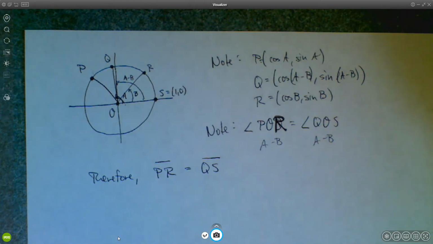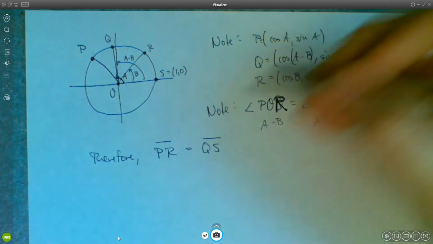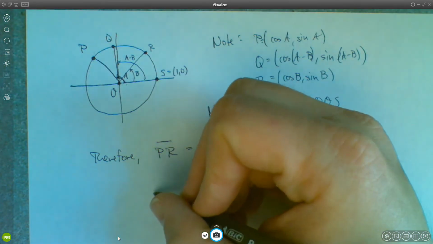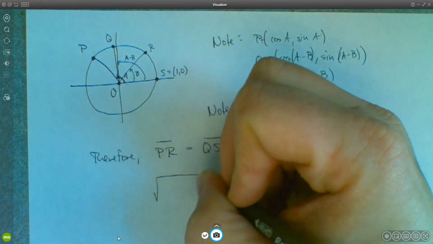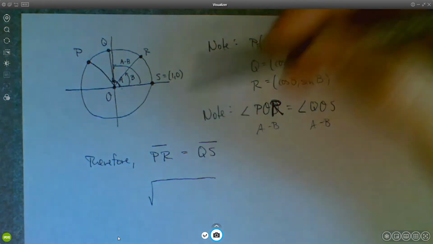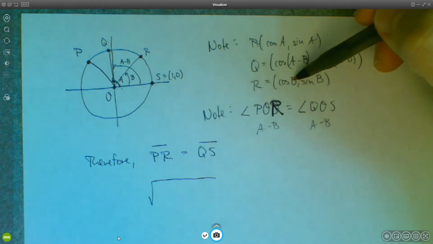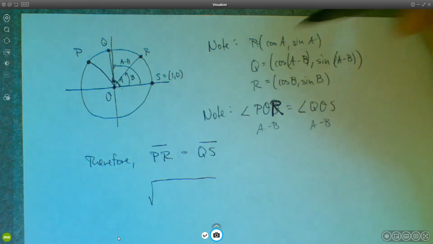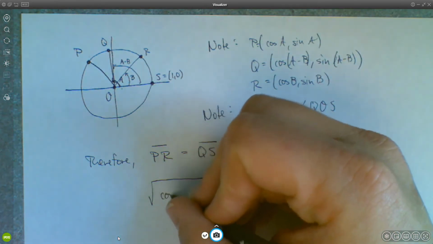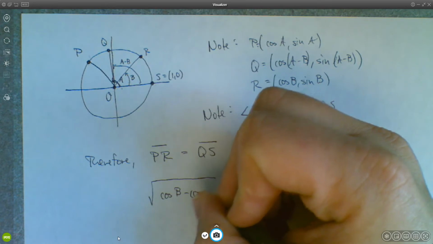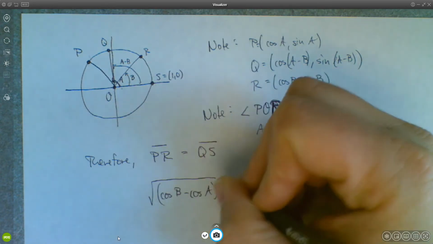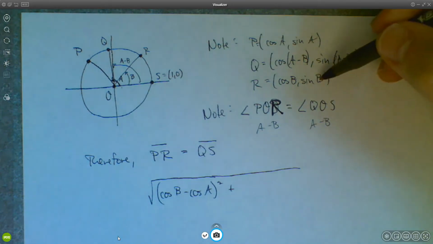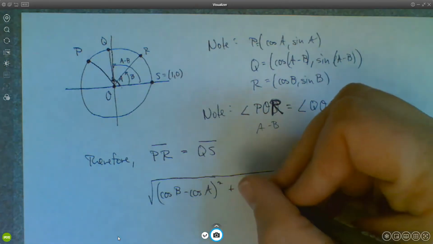So then finally, if you think, well, what is the distance from P to R? Well, we can use the distance formula for that, right? The distance formula is going to be from P to R. So it's going to be x2 minus x1. So that's cosine B minus cosine A, squared, plus y2 minus y1. So that's sine B minus sine A,